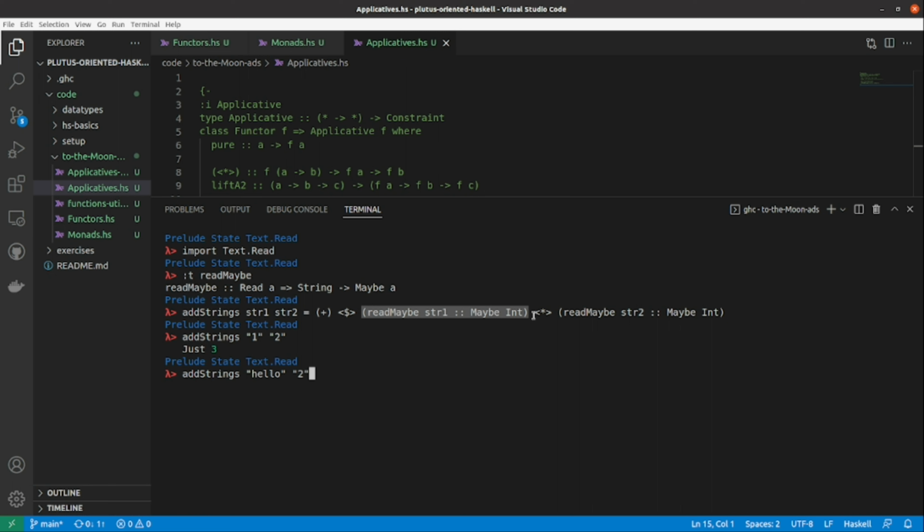Therefore, it returns nothing. And since by using an applicative we are expressing a computation that may fail, we will get back a nothing. So by using the Maybe as an applicative, we have successfully expressed a computation that may fail in just one line of code. So it should be clear how Maybes can represent computations that might fail, but now let's see